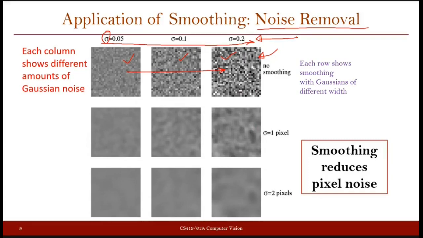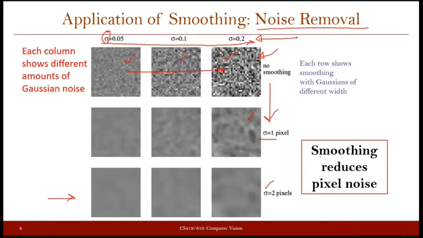When we are moving in this direction, these images are being convolved with a Gaussian function. The first row is convolved with the filter obtained by considering sigma equal to 1 in the Gaussian equation. The second row that you see here has been obtained with the Gaussian filter for sigma equal to 2.